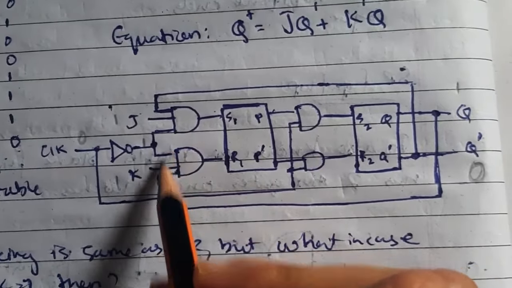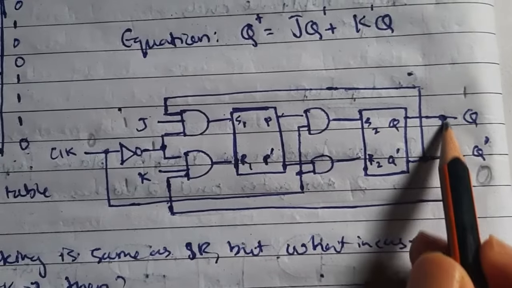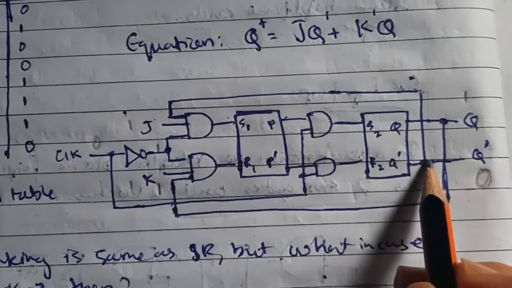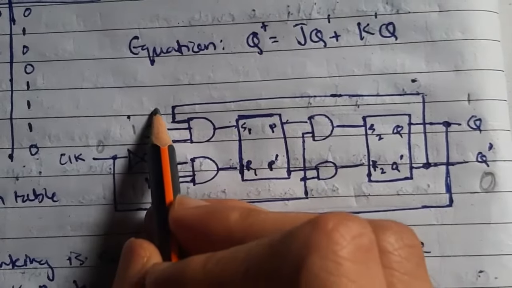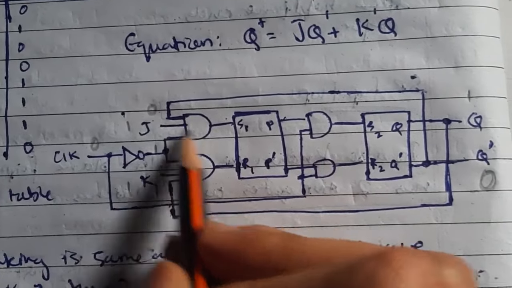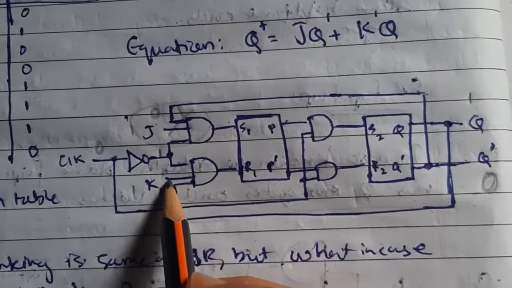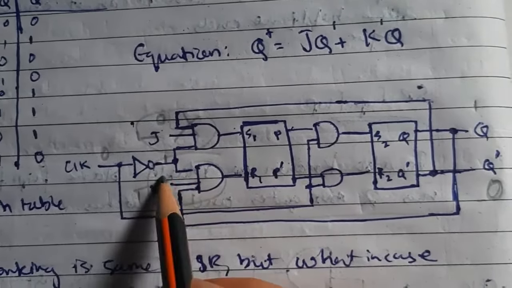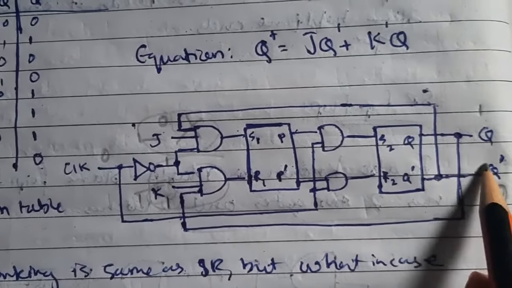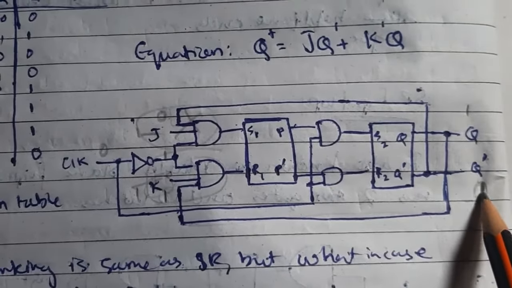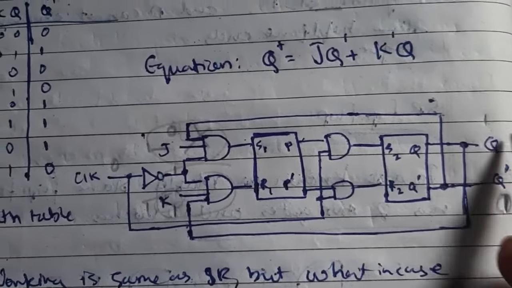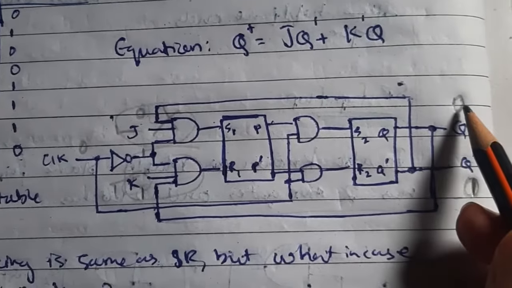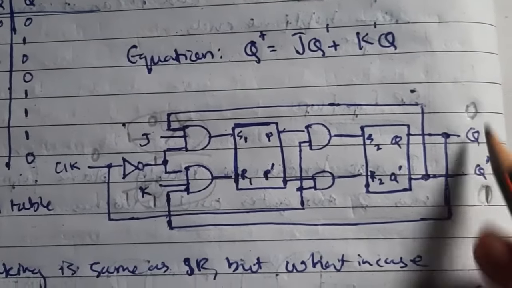Now which one is to be chosen? This is connected with this Q, which is 1, so this will become 1 here, and Q bar is connected here, Q bar is 0, so this will be 0. Since it is an AND gate, this will not work, only this will work. Means K is reset, it will make Q bar 1. When Q bar becomes 1, Q becomes 0, they are always opposite of each other. So it inverted the value.